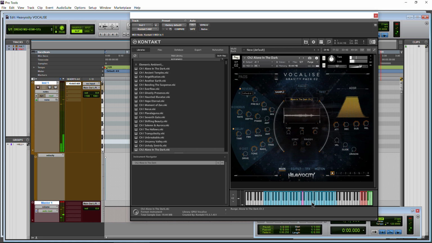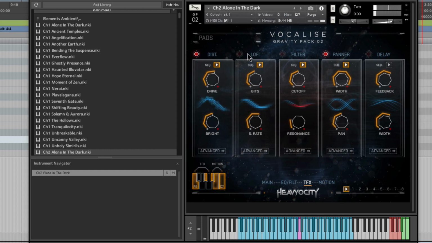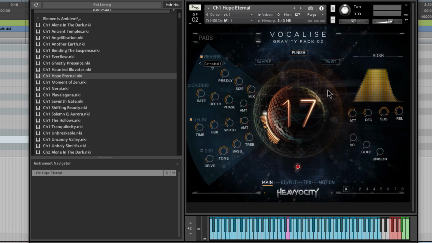Turn on the motion effects. Here's our trigger effects. Let's go into trigger effects here. And let's just turn them on. Turn those on there. Very cool sound there. Let's grab another one there. Hope Eternal. That's a great